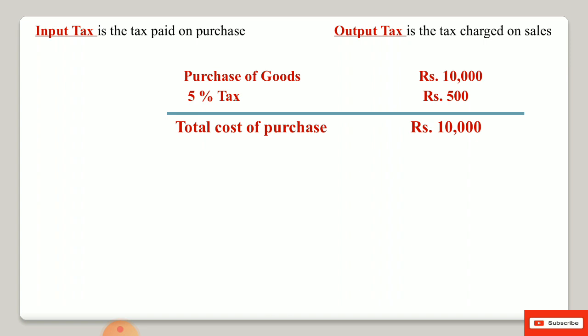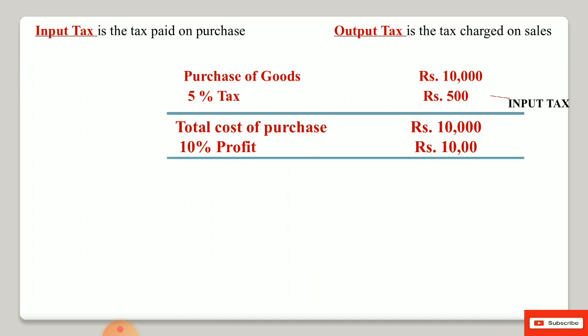Now, on this procuring price, that is rupees 10,000, whatever profit margin you want to put, you may put. Suppose for example, now I am taking a 10% profit margin here. So now profit is rupees 1,000, right? Thus the cost price plus 10% profit is equal to the sales price. So the sales price will be rupees 11,000. It means for the customer, the price of the goods will be rupees 11,000.